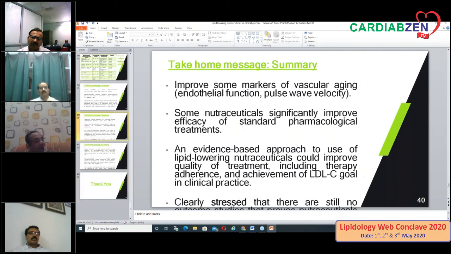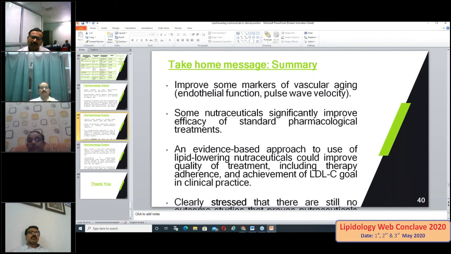So you can have an additive role with HMG-CoA reductase inhibitors or maybe any other form of lipid-lowering therapy. Improve some markers of vascular aging like endothelial function, pulse wave velocity. Some nutraceuticals significantly improve efficacy of a standard pharmacological treatment. An evidence-based approach to use the lipid-lowering nutraceuticals could improve quality of treatment, including therapy adherence and achievement of LDL